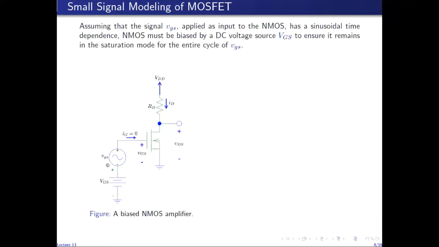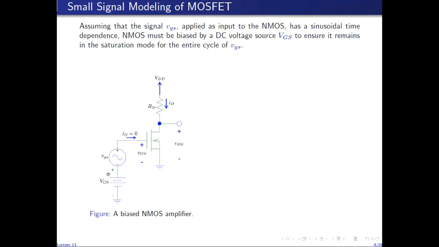So assuming that the small signal which is to be amplified by the NMOS amplifier is labeled as small v_gs, and assuming that small signal has a sinusoidal time dependence, then NMOS must be biased by a proper DC voltage source, which is given by this capital V_GS, to ensure that the device remains in the saturation mode for the entire sinusoidal cycle of the small signal v_gs. So this circuit shows the excitation of the amplifier with the small signal v_gs, and this capital V_GS is here only to bias the NMOS in the saturation mode of operation for the entire cycle of the